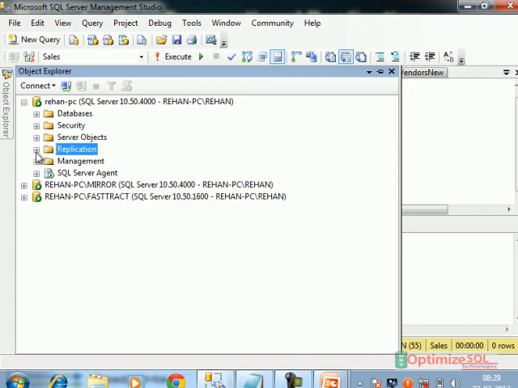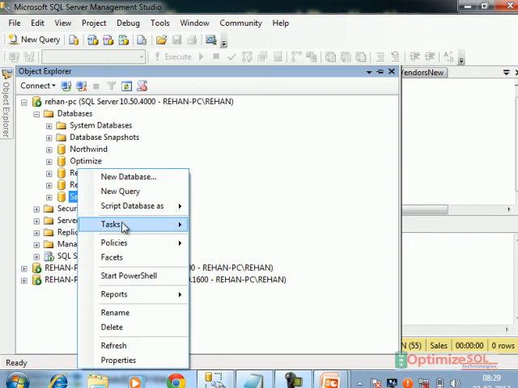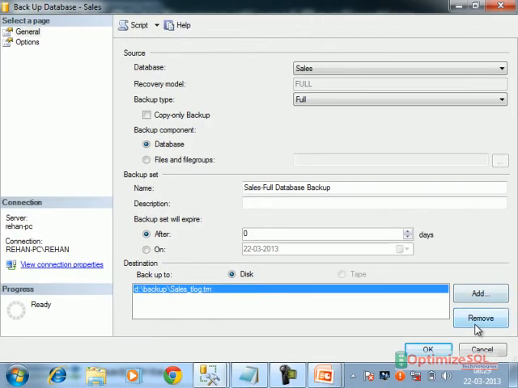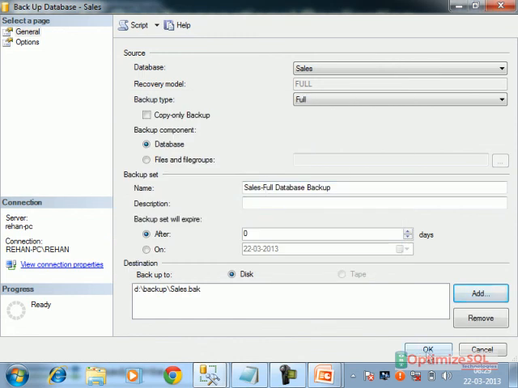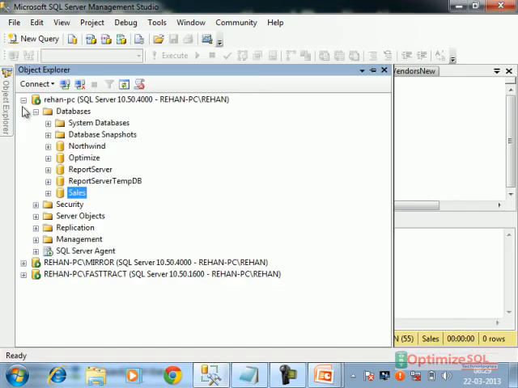Before configuring, what we need is this same database in the other two nodes also. So I will take a backup of this database and restore it in the other two nodes, or we can create a fresh database also. sales.bak, done successfully.